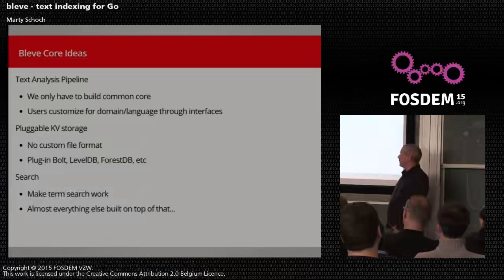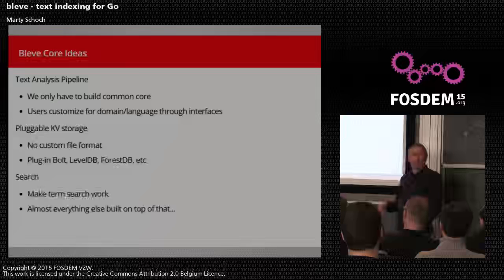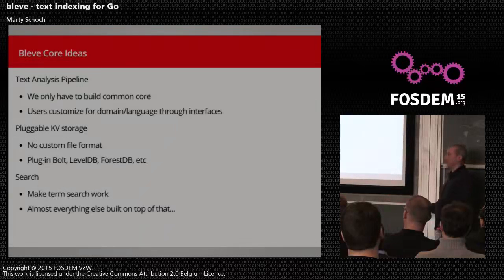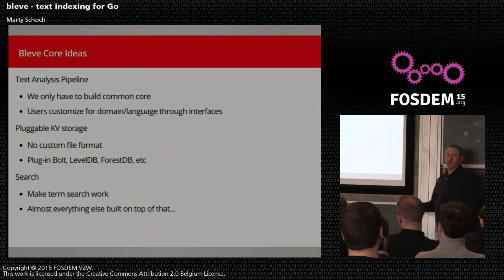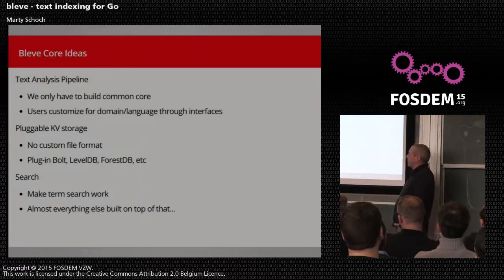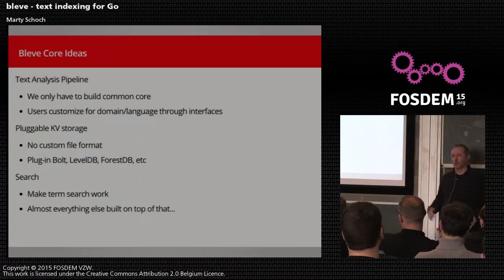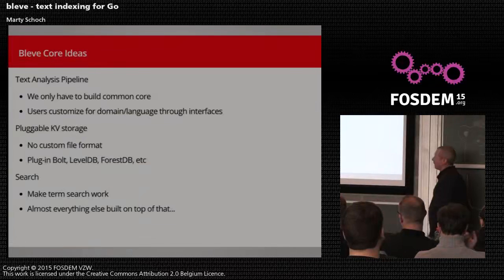And on the one hand, this lets users choose whichever one meets their needs best, but it also has some interesting properties, that some of the KV stores work better for different use cases. So if you have a very read-heavy or search-heavy use case, or if you have a very real-time indexing use case, you may end up wanting to choose a different KV store. So that's something that we got for free as one of the things we were building. And finally, the idea was, if we can make term search work, almost all of the more complicated searches you want to run later on build on top of that term search. So by building a small amount of functionality, we could get something up and running quickly.